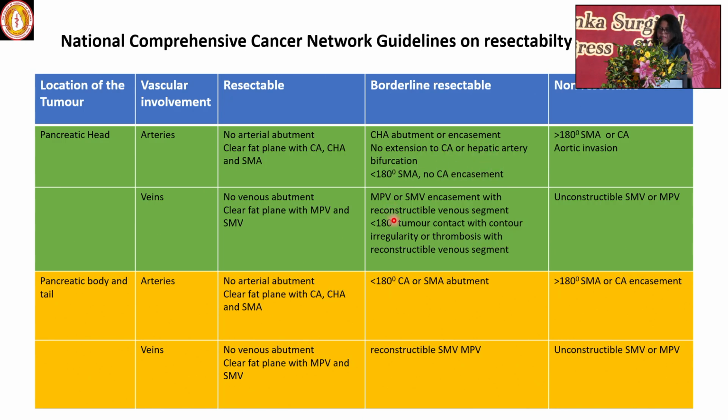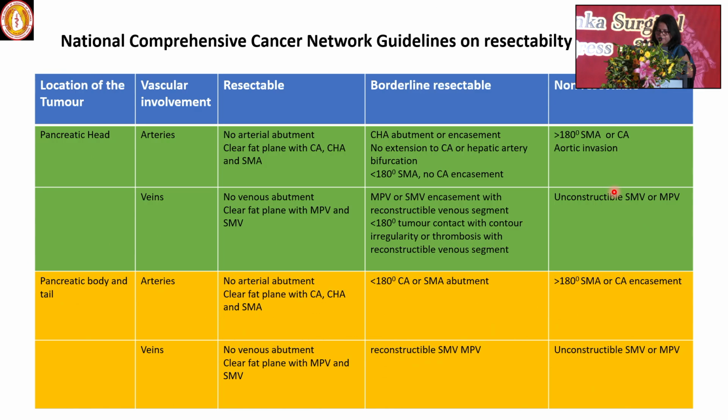Veins wise, main portal vein and superior mesenteric encasement with a reconstructible venous segment, or less than 180 degree tumor contact with contour irregularity or thrombosis with a reconstructible venous segment, again it is a borderline resectable tumor. The non-resectable tumors have more than half the circumference of superior mesenteric or celiac axis encasement or aortic invasion, and there is no reconstructible segment in the superior mesenteric vein or main portal vein, again it is